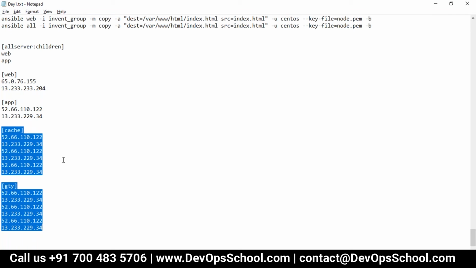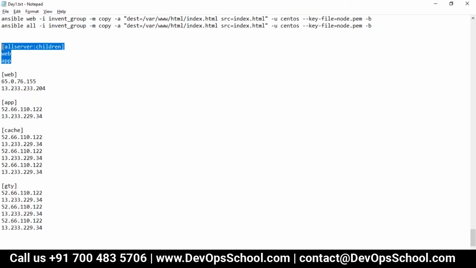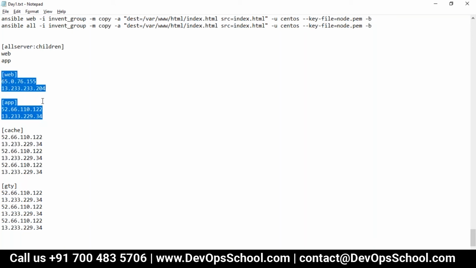No, so you're not understanding the purpose of giving all this functionality. This is a way to organize, understand that. Organize a large number of servers and customize the group. Group of groups is one of the methods to organize. Let's say in your inventory you have 20 groups, but you want to run only on 5 groups. So what do you do? Rather than copying each host machine into that extra additional group, you just add a group of groups. That's all. It's one of the functionalities to make your task easier.